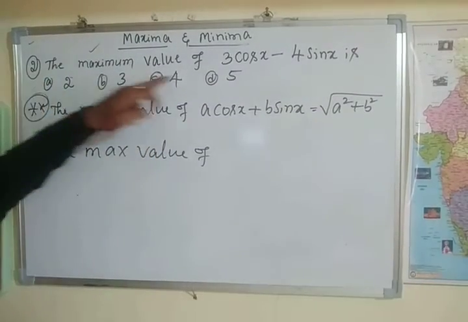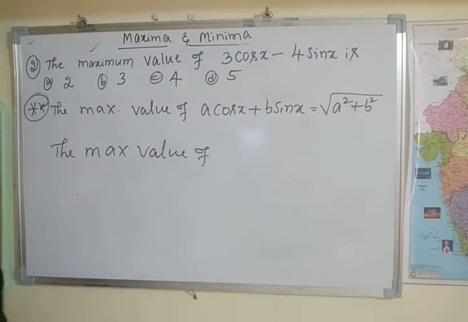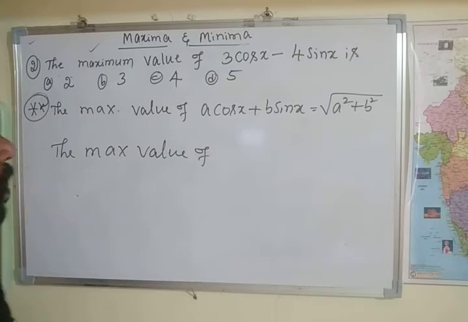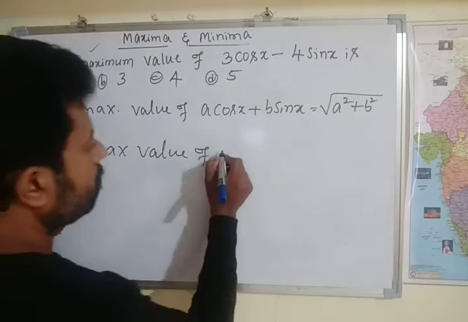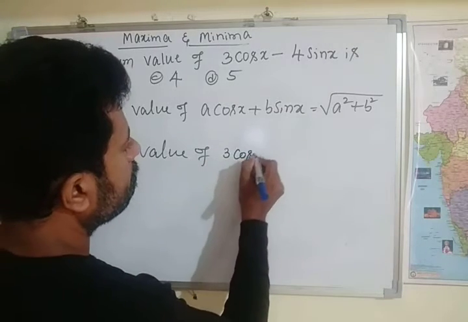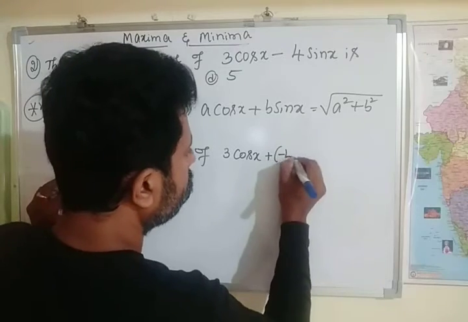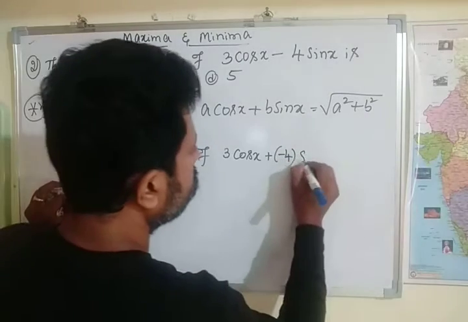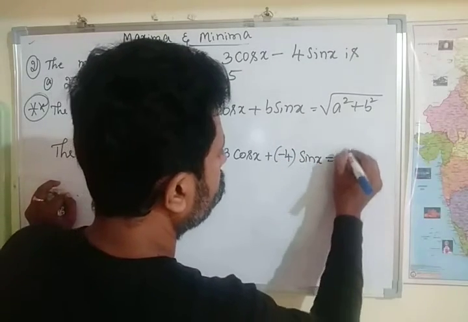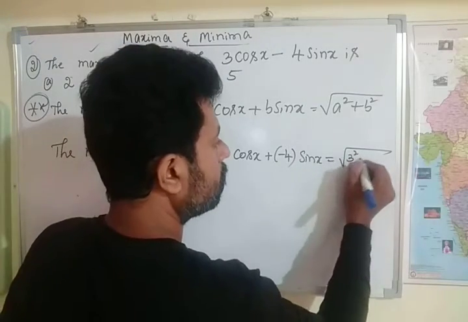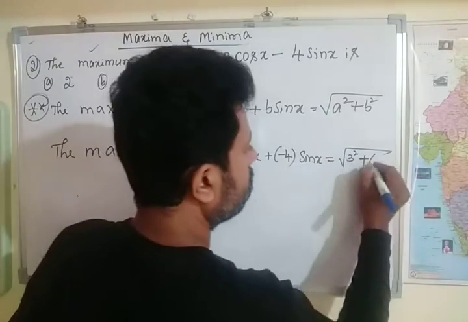The maximum value of 3 cos x minus 4 sin x is. Now we know the formula. The maximum value of a cos x plus b sin x is root of a square plus b square. Here the maximum value of 3 cos x, a is 3. Here we have minus 4, otherwise we can write plus of minus 4. Minus 4 is the b value into sin x is equal to root of a square, means 3 square plus minus 4 whole square